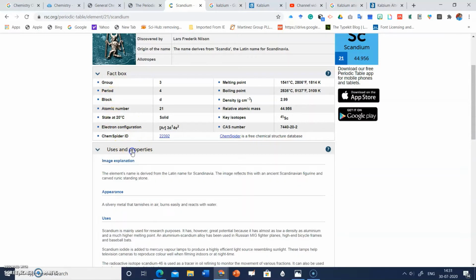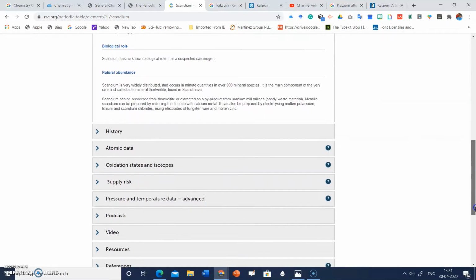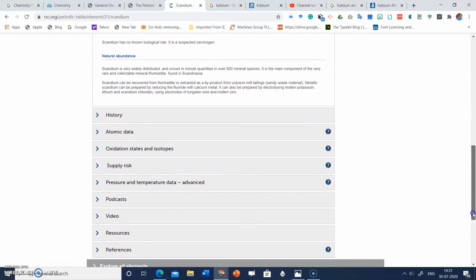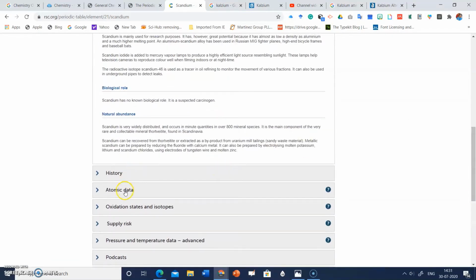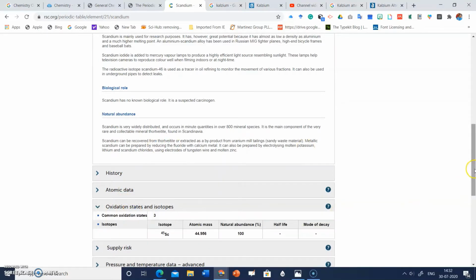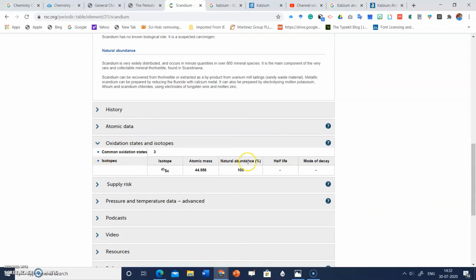When you click on uses and properties, this page will open. It will give you all the details about that element, its history, atomic data, oxidation states. For example, if I click on oxidation states and isotopes, it will give you the details of this.